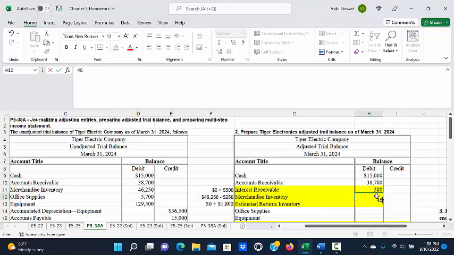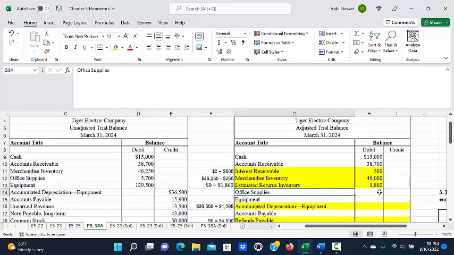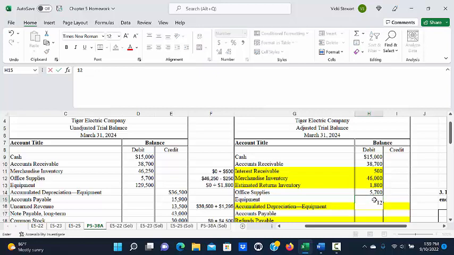Merchandise inventory decreased as a result of the shrinkage that we reported, so the new balance for merchandise inventory will be $46,000. We also recorded estimated returns inventory. It did not have a balance before, so it would now be $1,800. Our office supplies did not change, so they will stay at $5,700. Our equipment didn't change, so it will remain at $129,500, but our accumulated depreciation did change as a result of recording the additional depreciation expense, so the new balance is